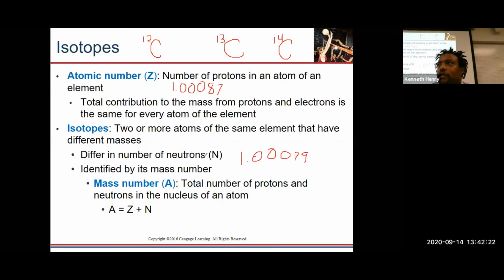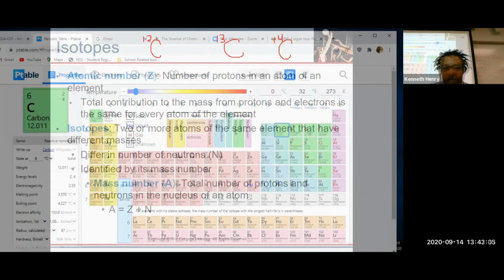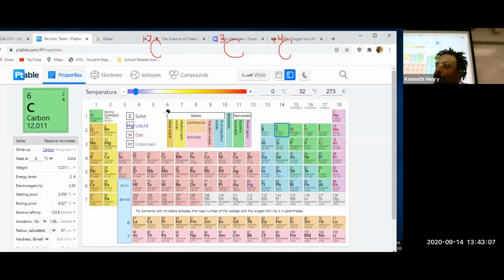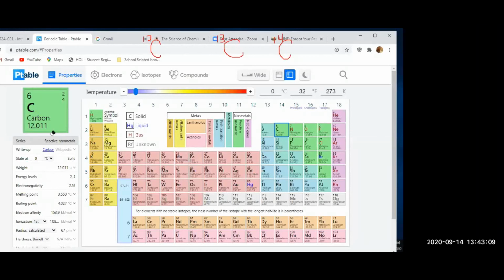It's really, really close. Okay, so when we look on the periodic table, do you guys have your periodic table available? Let me pull mine up. Do you see the periodic table? Yes. So you see we have carbon